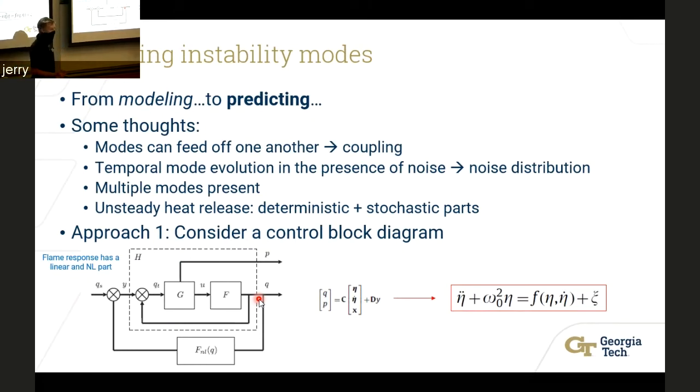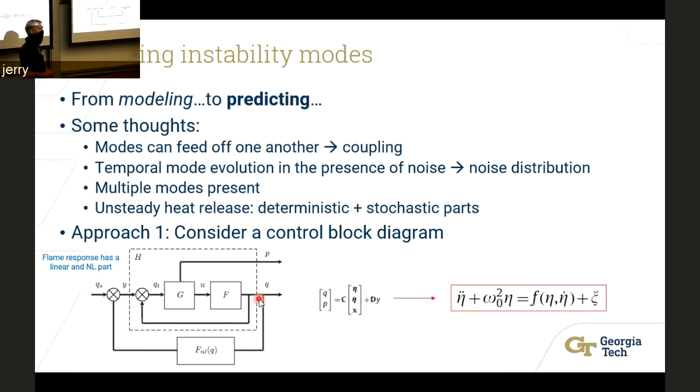When you're modeling something, specifically these instability modes, you were taking known data, feeding it into a program, number crunching, and then backing out what those modes were. When you were predicting, you were doing an iterative process of stepping forward, making an educated guess, essentially, finding out that you're wrong, and then backing up and saying, okay, let me guess again, step forward, how wrong am I now? Am I more wrong or am I less wrong? And that's sort of the process of how we predict instability modes right now.